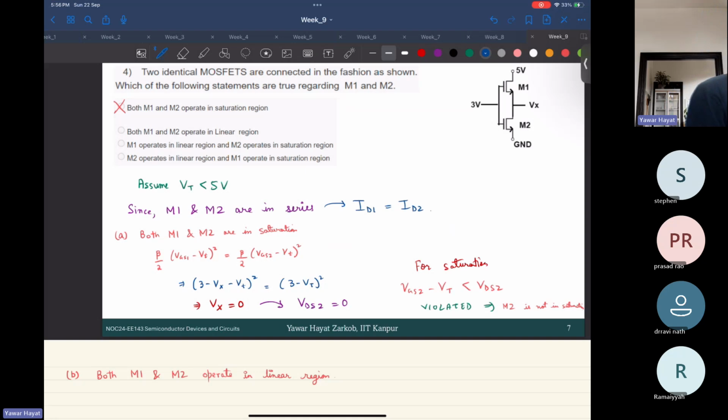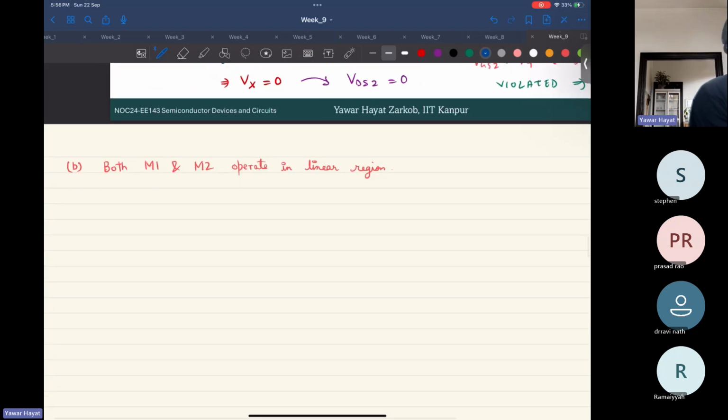For M1 to be in saturation, this is what we needed, right? I'm going against this option, but if I'm able to prove that M1 is in saturation, then by default, this option is incorrect. That is my goal. For M1 to be in saturation region,